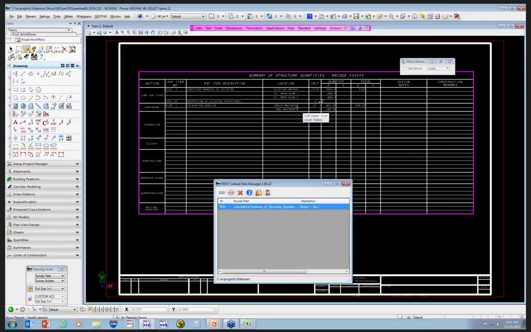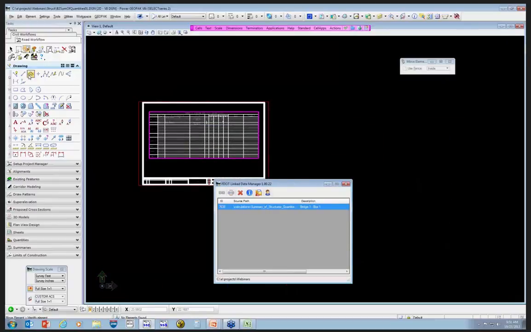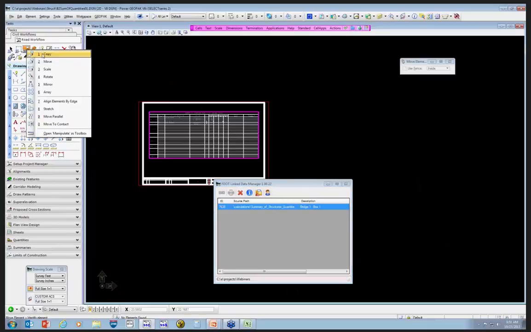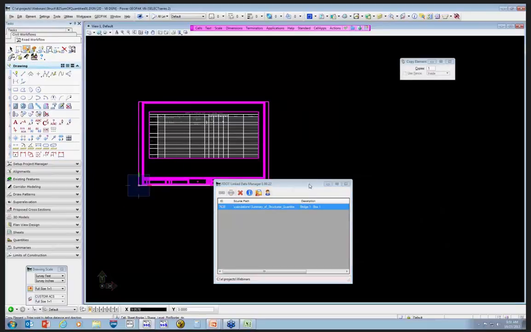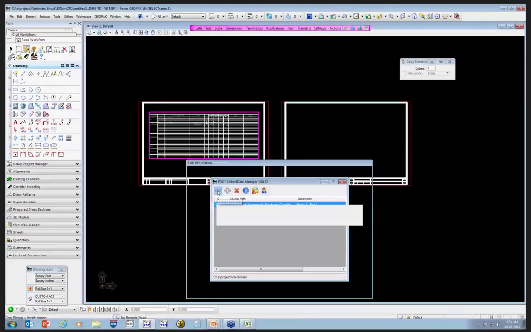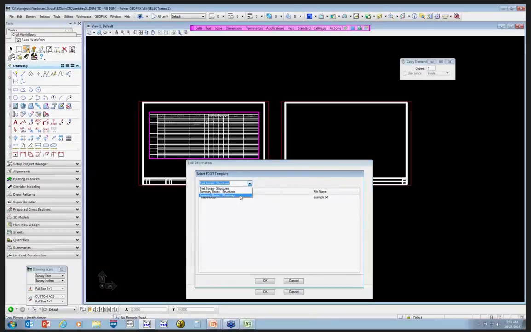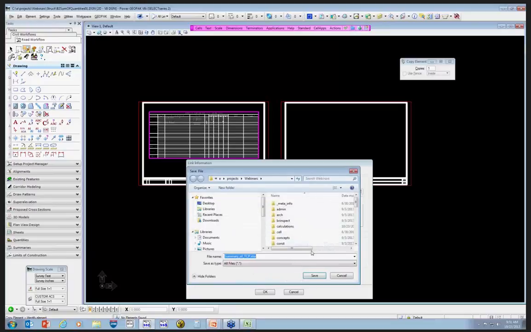Sometimes it's in the bridge section, and I've already explained how earthwork would work. If I did have roadway, for example, let me zoom out. If it was a standalone, I'm going to go ahead and just copy my sheet over so I have something to put it in. If I had something else to go in here and I had roadway, I would come in and create a new template. I would change this to the summary box as roadway, and I would grab, for example, traffic control. Tell it OK, save it,